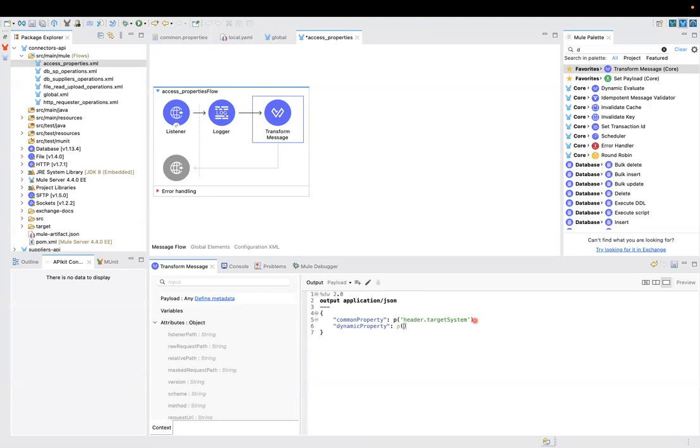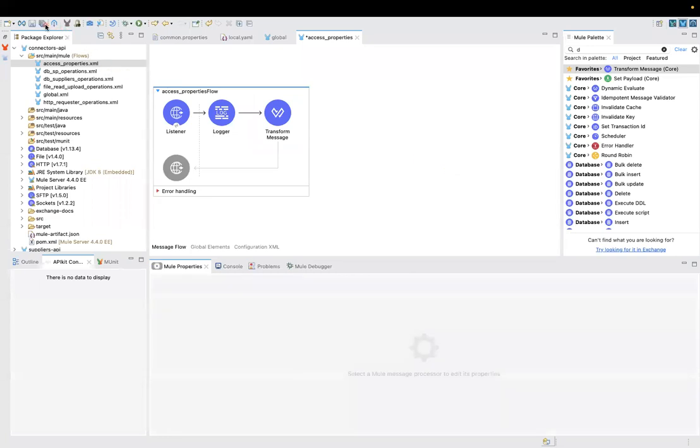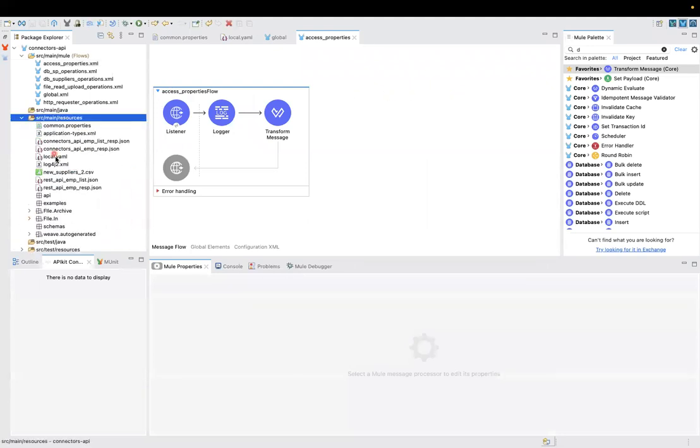So this dynamic property is mysql dot port. Save the changes, and here we are also going to define one more file, dev.yaml,